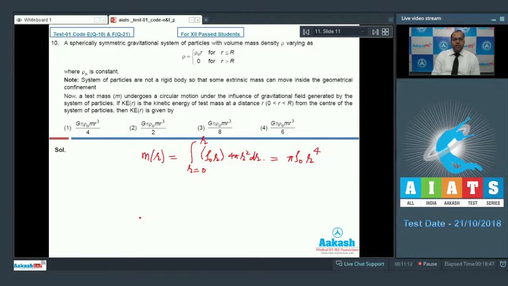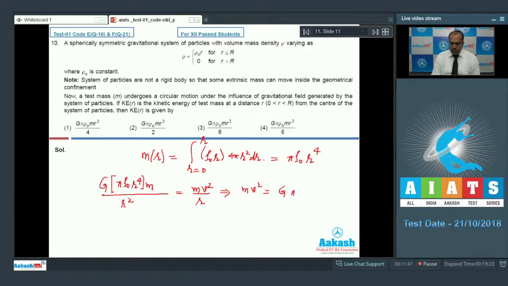So if a mass m is circulating at a distance r, then the required centripetal force must be provided by the gravitational force. So I can write G into mass enclosed, that is pi rho naught into r raised to the power 4, into small m divided by r square, that is the gravitational force, equal to the required centripetal force m into v square by r. So from here the value of mv square comes out to be